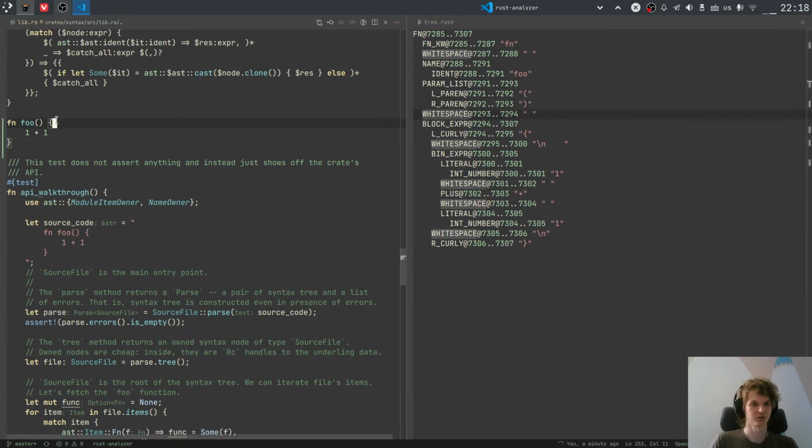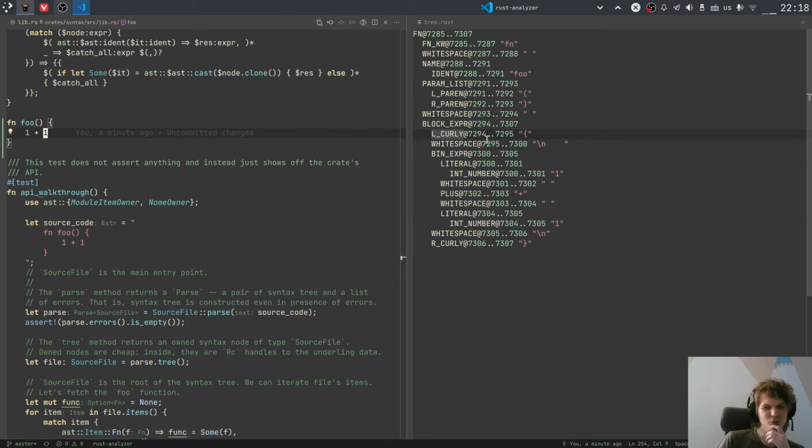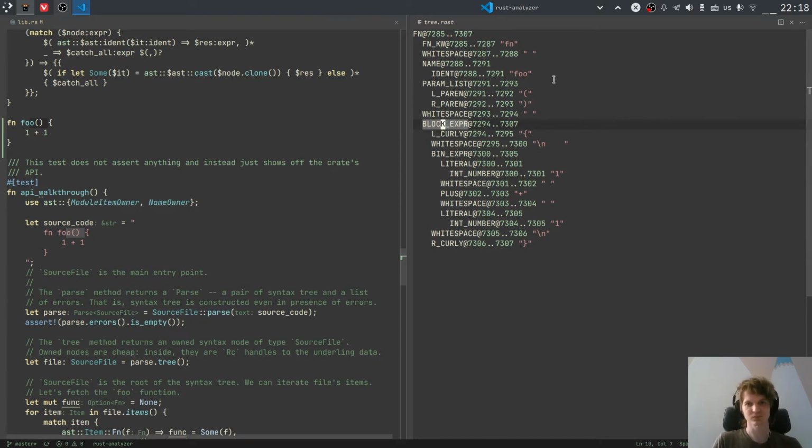I wonder. There was some feature somewhere for automatic synchronization of selection between the file and what is displayed here, and I'm not sure if it actually is implemented. Anyway, so we have